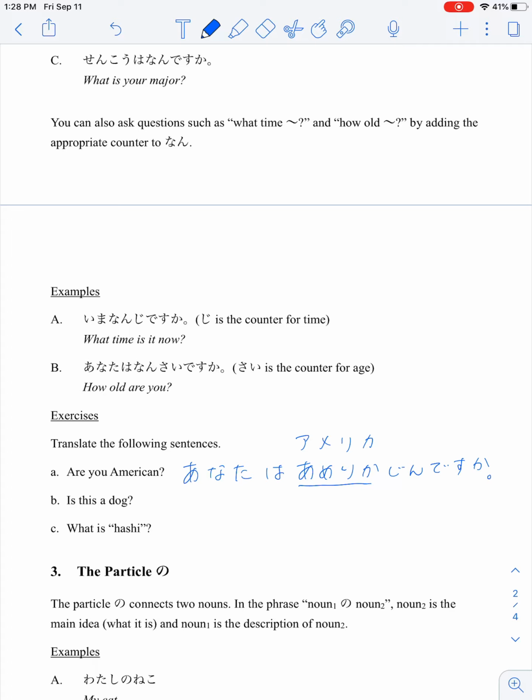Okay, next. Is this a dog? So this will be これは これ is this. So これは 犬 dog ですか？これは犬ですか？